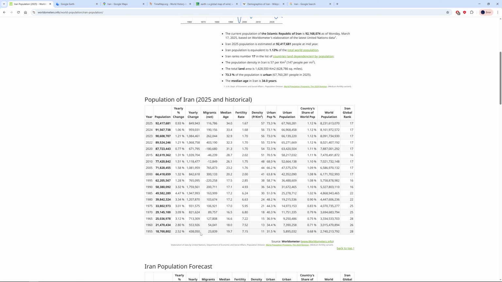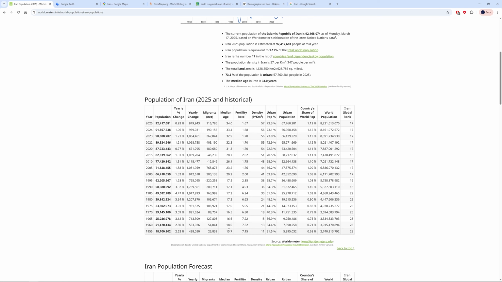So a huge decrease in growth rate, but you also have to understand they report it against the population they begin with. So the yearly change back then was around 500,000 people, and now it's almost 1 million people, so you can see it doubled. Migrants used to be always on the plus, and with a few years on the minus, usually they do well with migration. They have a lot of people coming in, and also a lot from the native population.